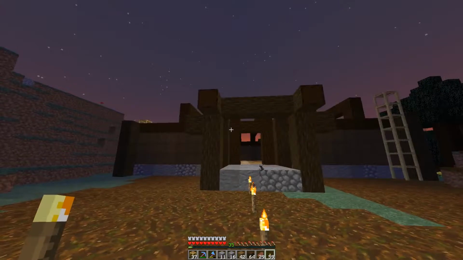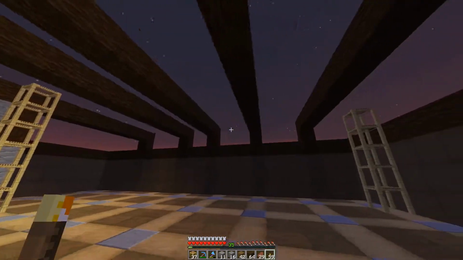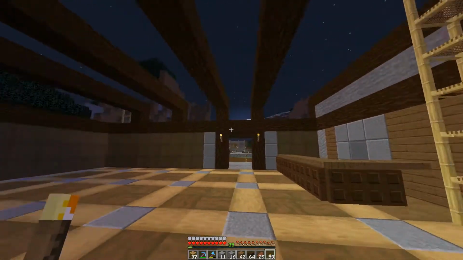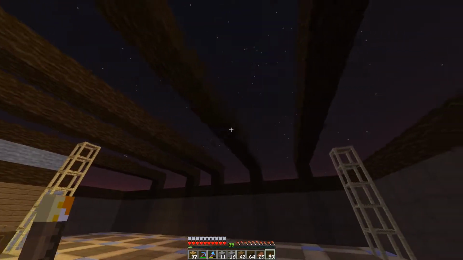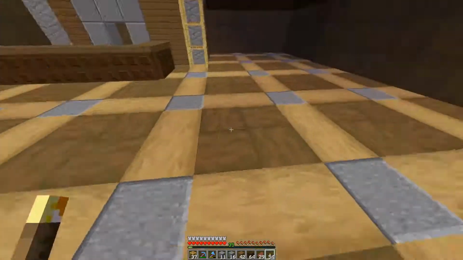Well, anyhow, that gets us started on this building. We've got the walls, first floor, and kind of a skeleton of beams for the second layer. I need to raise these walls up a little bit more. I think those work out pretty good. It's tall enough that it looks good there. Let's put some lighting in here. I'm still going to be bothered by mobs, but